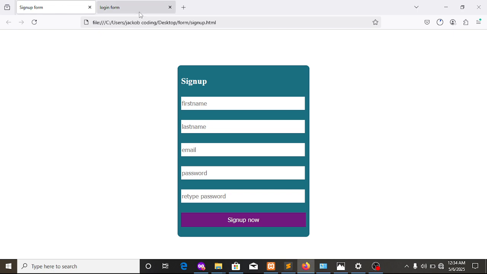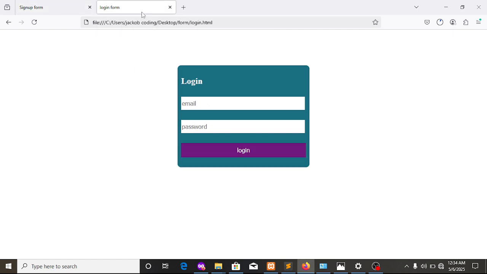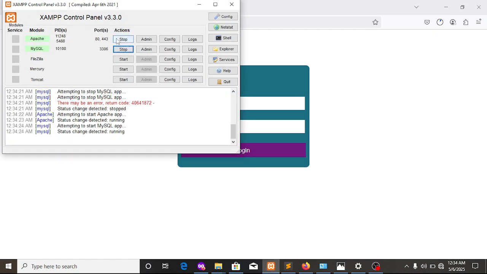Here I want to access the MySQL database. There are two or three ways to access it. The first one, which is the simple one, is to come to XAMPP and click admin here,